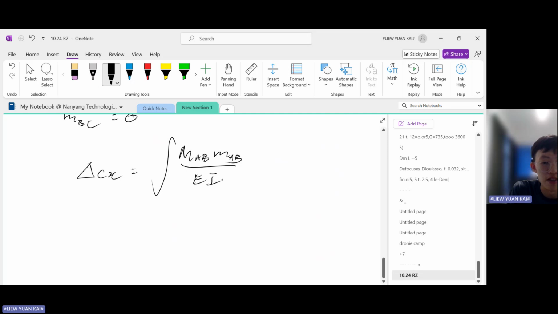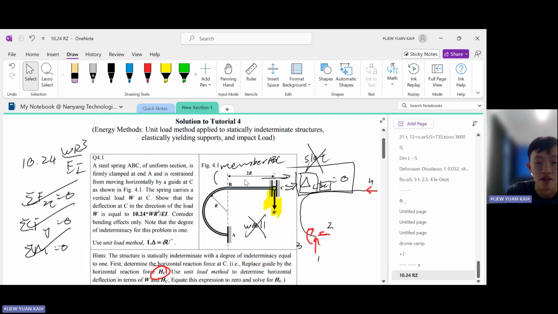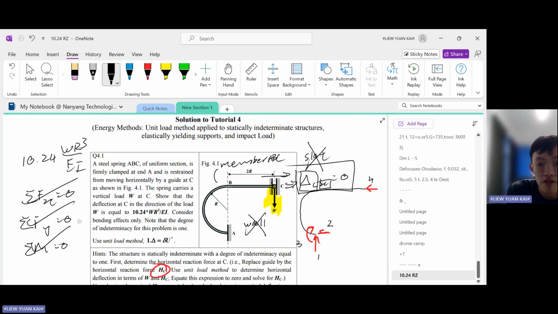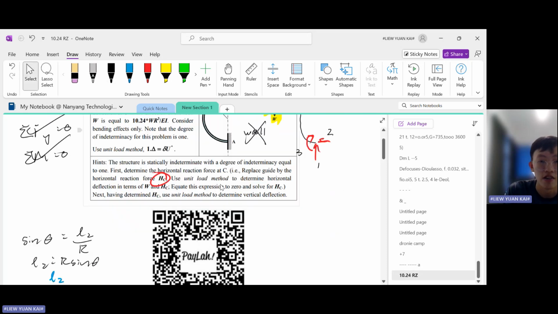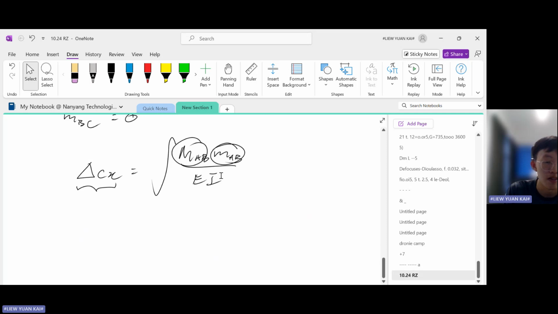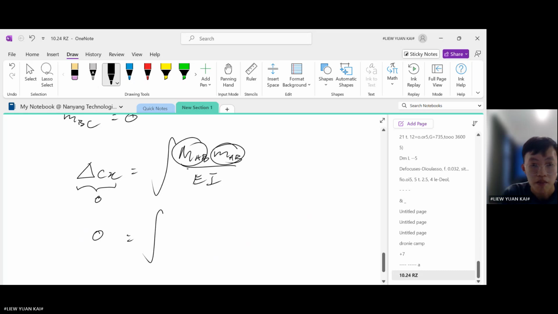we need to substitute our results that we found here. We need to substitute the value of MAB and small MAB that we got from earlier. Now remember, what is the value of delta Cx? The value of delta Cx is 0, right? Because the point C cannot move in the horizontal direction. It cannot move left and right because it's blocked by the slot. If it's blocked by the slot, then the horizontal deflection is 0. So we can substitute this to be 0. So 0 equals to, then we substitute all the other results. So MAB is what we got earlier,